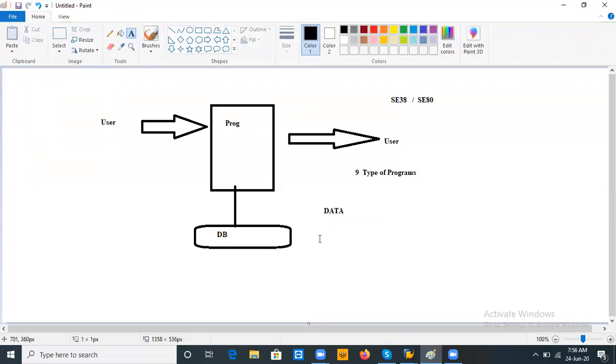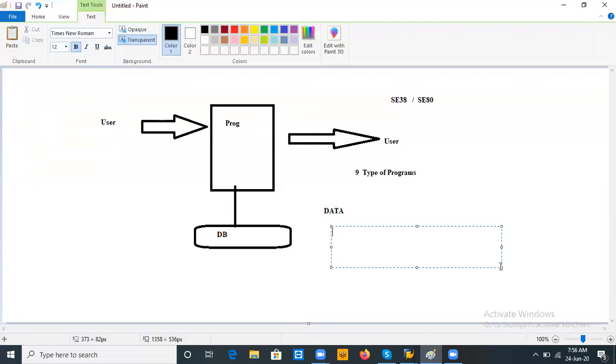For this, the syntax: DATA, then here your variable name, and TYPE, then here the data type.